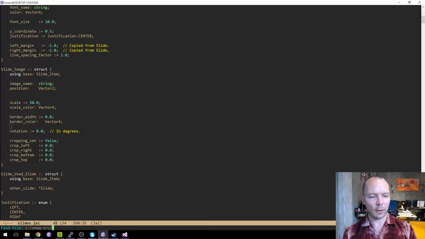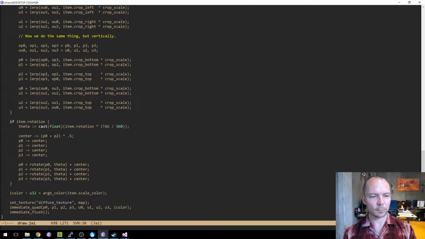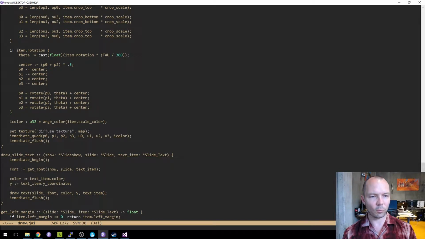Okay, now when we draw, again, we're going to do this post-rotated. Okay, I could do this the sloppy way or the good way.